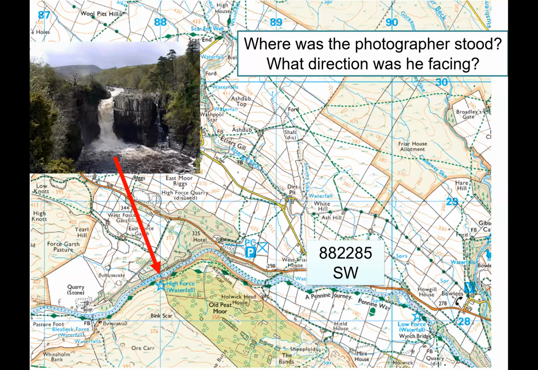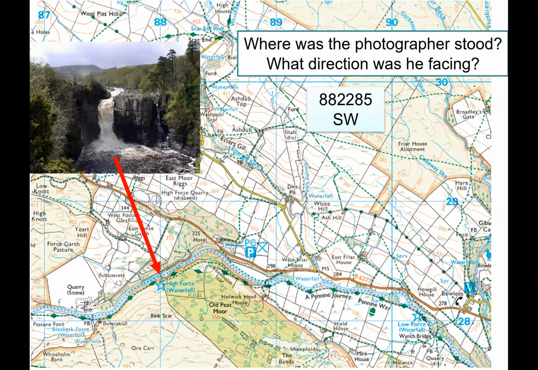So the photographer was stood in grid square 882285. So that is our 6-figure grid reference. If you had something like 883 or 284, 286, something like that, you can have it. So 882, this line here is 88. So this will be 880, 881, 882. I then need to go up the stairs to get my second part of my 6-figure grid reference. So this grid square here, this line is 28. So this will be 280, 281, 282, 283, 284,